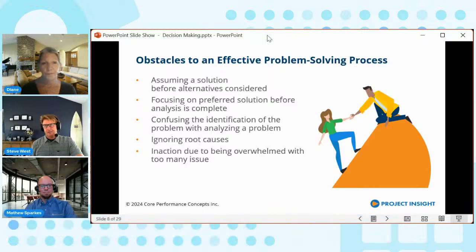And then I think another thing is that sometimes new problems come in and you lose focus on decisions you just made maybe a week or two earlier. You see that all the time. It's really not uncommon to feel like, oh, let's get on this right now, but you can lose focus on prior decisions. Right. And if we don't put the appropriate time into identifying the problem, looking at the alternatives, and